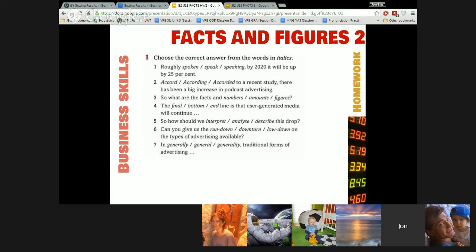Let's just do one or two to see how difficult this is. Just to show you, Cornell, you don't have to be lazy. It's easy. In fact, you don't even have to write it down. Just read it, come up with the best answer, and then if there's a question, tell me in the next class if you didn't understand anything. Cornell, take a look at number 1. Based on our little review with the mind map, how would you answer number 1? Roughly. But you've got three choices depending on which form of the verb you want to use: spoken, speak, and speaking.